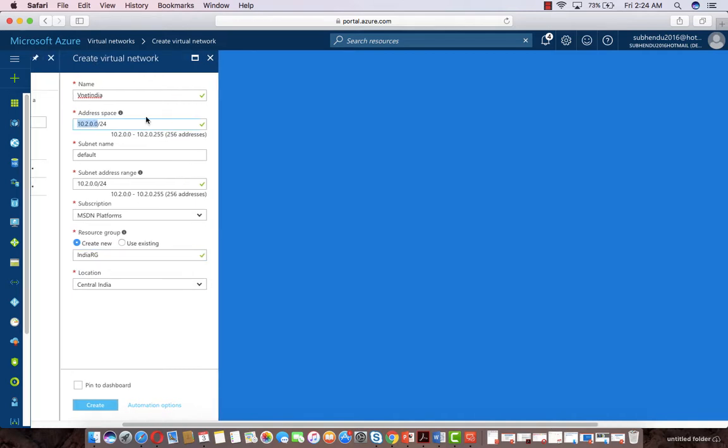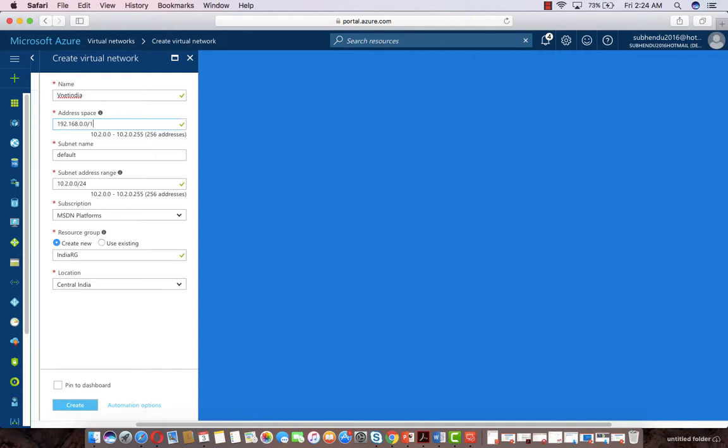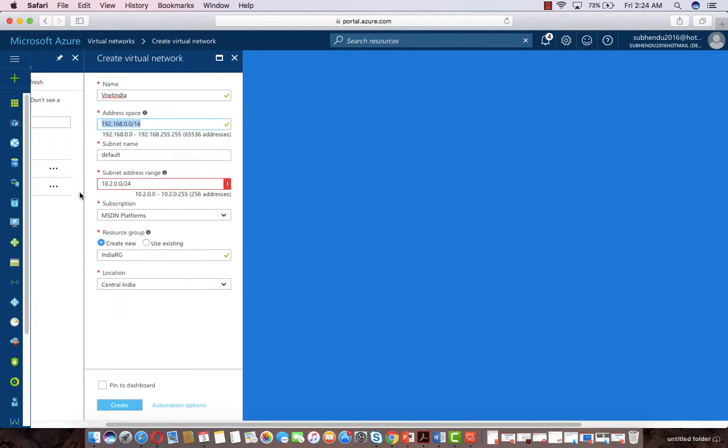Let's create a completely different IP address range, 192.168.0.0. Let's change the CIDR notation from 24 to 16, and this is the first subnet. So this is the configuration of our virtual network in India, where the location is Central India and the resource group is India RG. And click on Create.